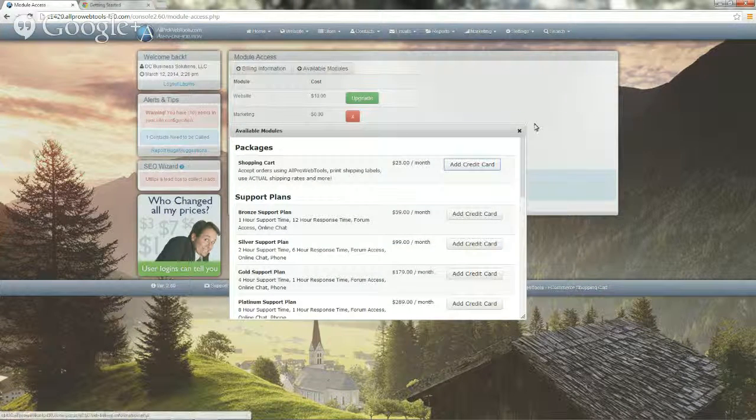And you can see all the different add-ons that you can add to your installation here. Once you choose an add-on, it's instantly made available to you. You don't have to wait, or call anybody. It just automatically gets put in there for you. So if you go ahead and close that box,